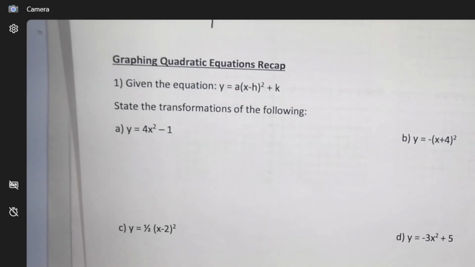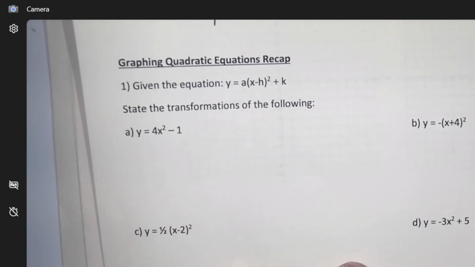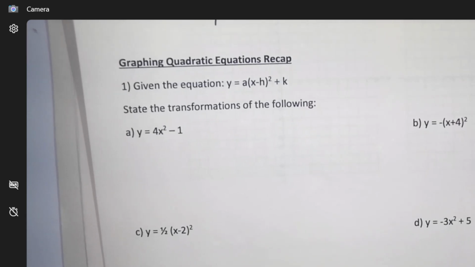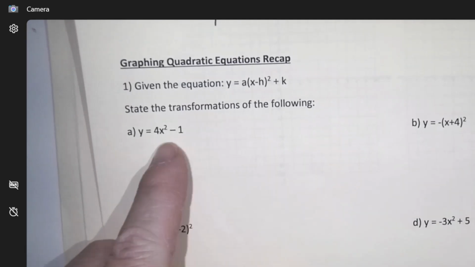So the first thing we learned was describing transformations. The original is always just x squared, and then we can maneuver things to it. We can add multipliers, we could add x adders, subtractors, or numbers. Okay, so question A,